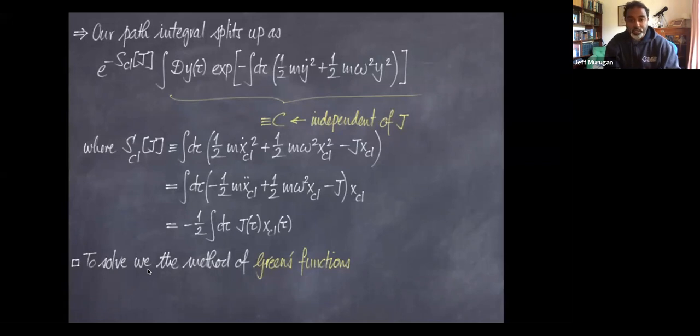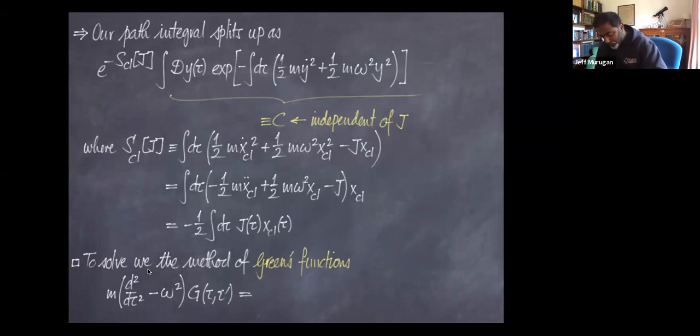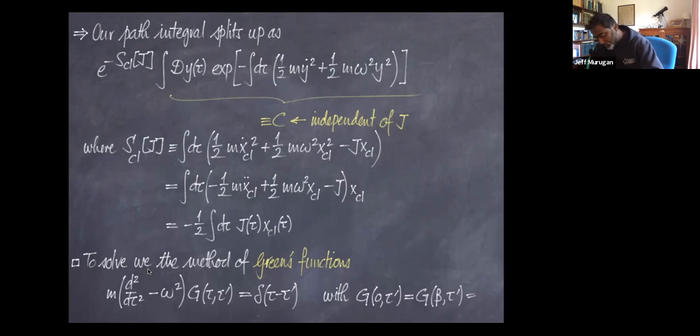It's the same differential equation as our original function satisfies, except instead of having j on the right-hand side, minus omega squared g of tau, let's call it tau prime, we have a delta of tau minus tau prime on the right-hand side with the same boundary conditions that we imposed on x, namely that g of 0 tau prime and g of beta tau prime both vanish,